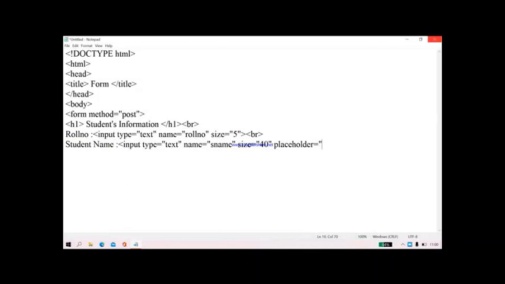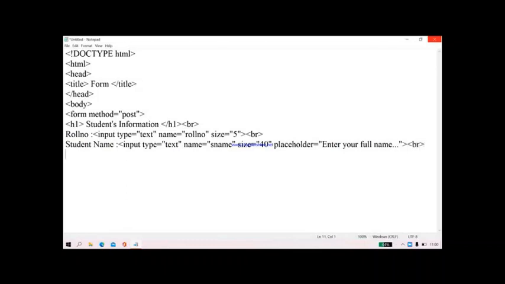The user who is inserting the information will be told what to enter. So here I will write the message, enter your full name. The user can see this message and enter his name accordingly.